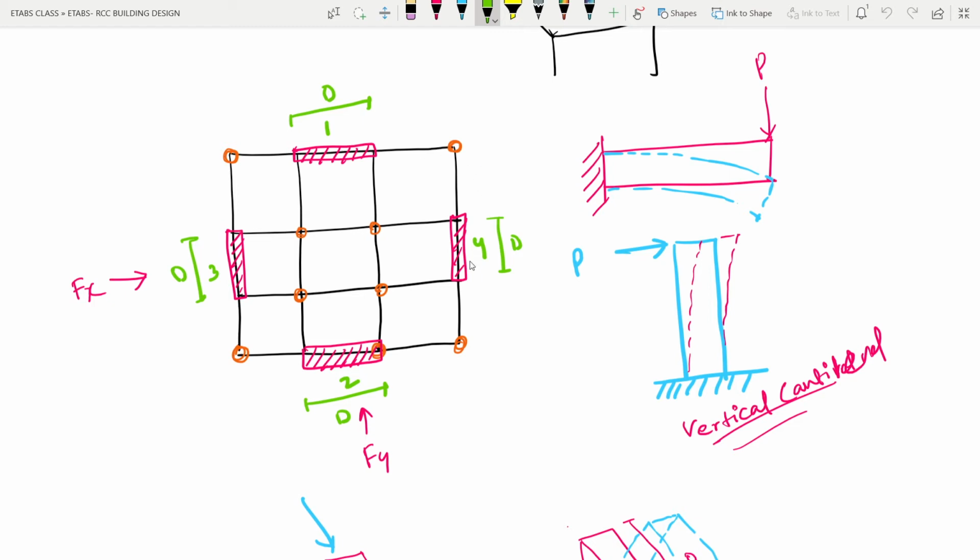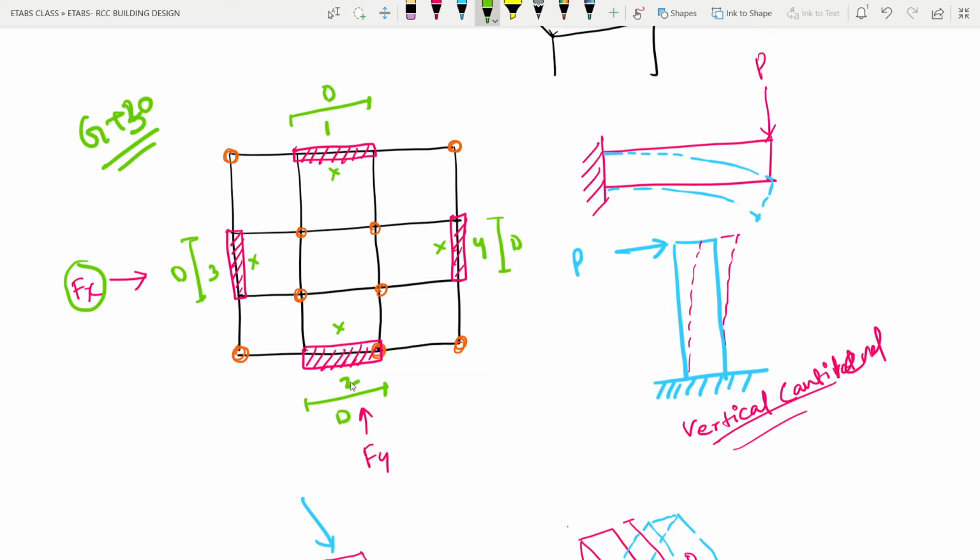So if I provide this kind of shear wall arrangement in case of a tall building, suppose it is a G plus 20 building, or maybe G plus 30 building, I'm just assuming. So the building goes taller, so to resist the lateral force, what we have done, we have provided shear walls at the outer periphery of the building. But if you see the efficiency of the shear walls, when the Fx force is acting, these two are of no use. When the Fy is acting, these two are of no use. So the 4 shear walls are not giving you 100% efficiency, or maybe closer to 100% efficiency together for a particular direction,